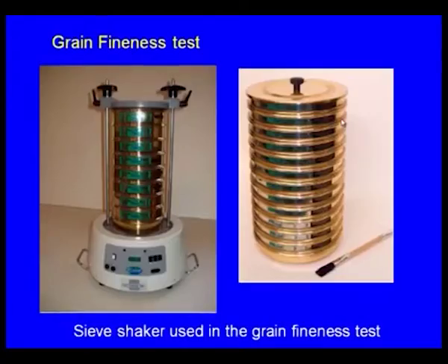This sand may contain different grain sizes, right. Maybe a few sand particles are coarser, a few are finer, and a few are of medium size. Accordingly, the finest particles will reach the bottom pan, whereas the medium sized sand particles will be collected somewhere in between, whereas the coarser particles will remain in the upper sieves. So, that is how the sand will be distributed in different sieves.